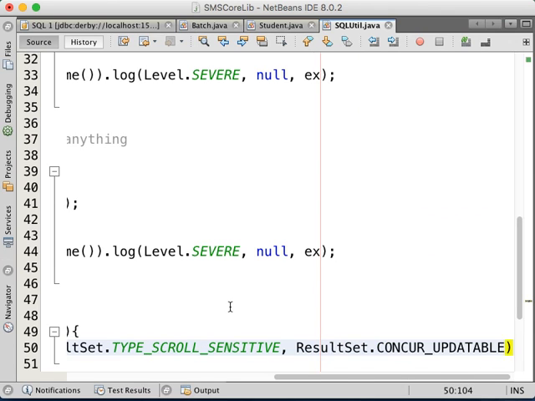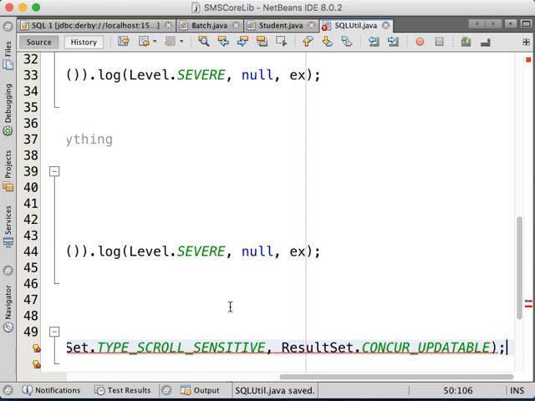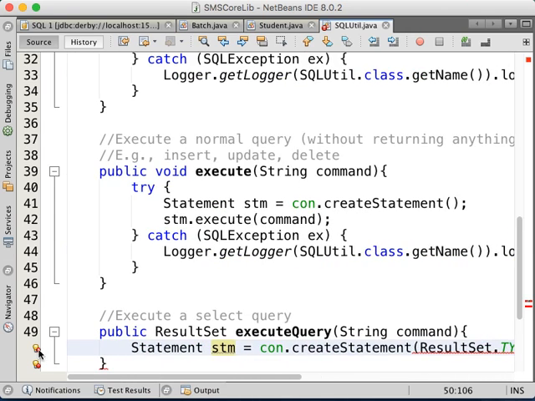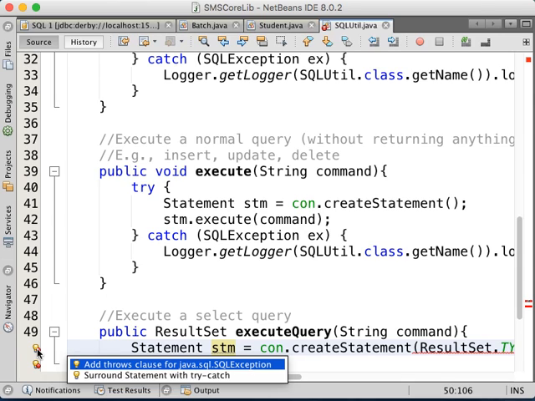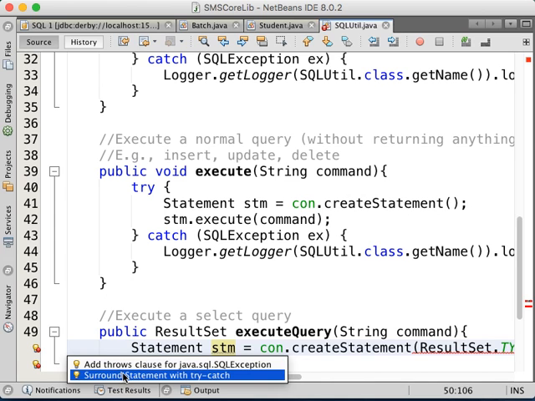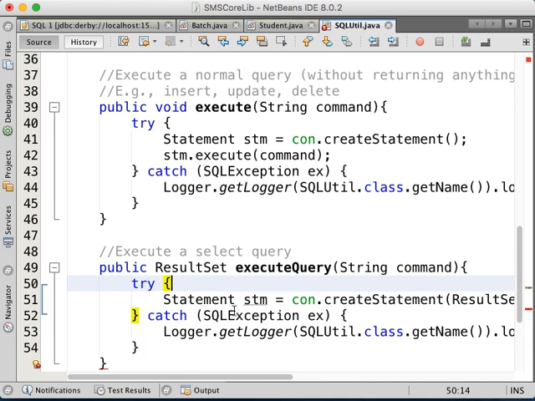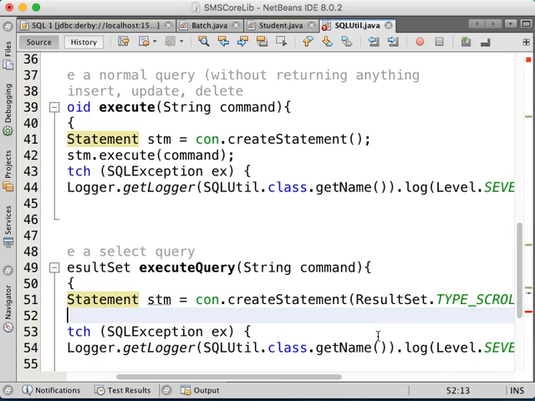Concur updatable, so that you could move back and forth inside your result set to load or to process your data, or you could use the result set to update your data to the database if you would like to. If you don't like to, just load the data only. Then just create the statement like you created previously here. Surround this statement with try catch. Then you're going to return